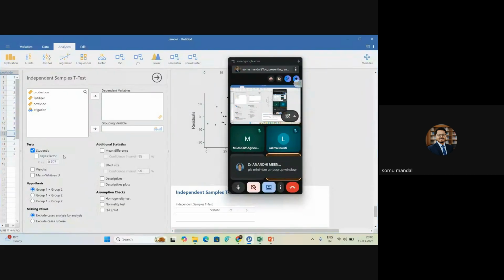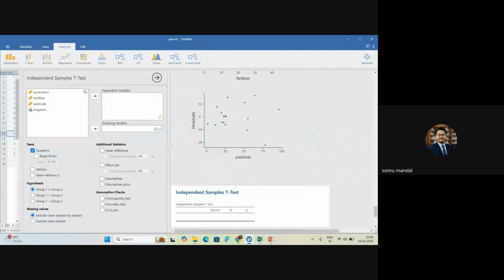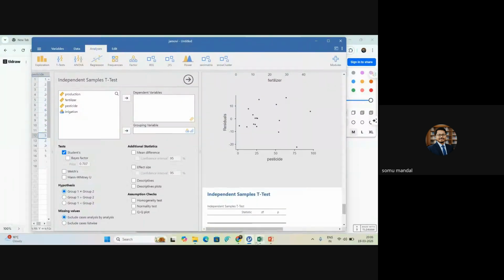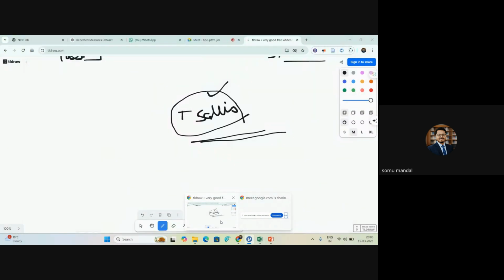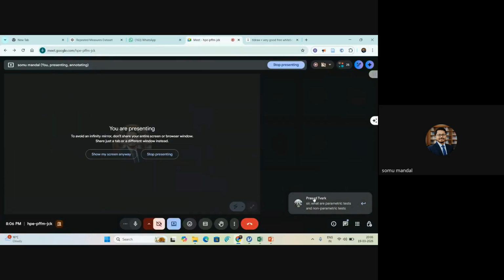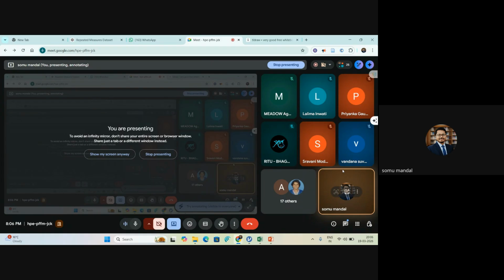Is it clear? Sir, what is parametric, non-parametric? Parametric test means when the data set follows the normal distribution, then it is called a parametric data set, when the mean, median, mode are the same. If you find out the Shapiro-Wilk test, the p-value